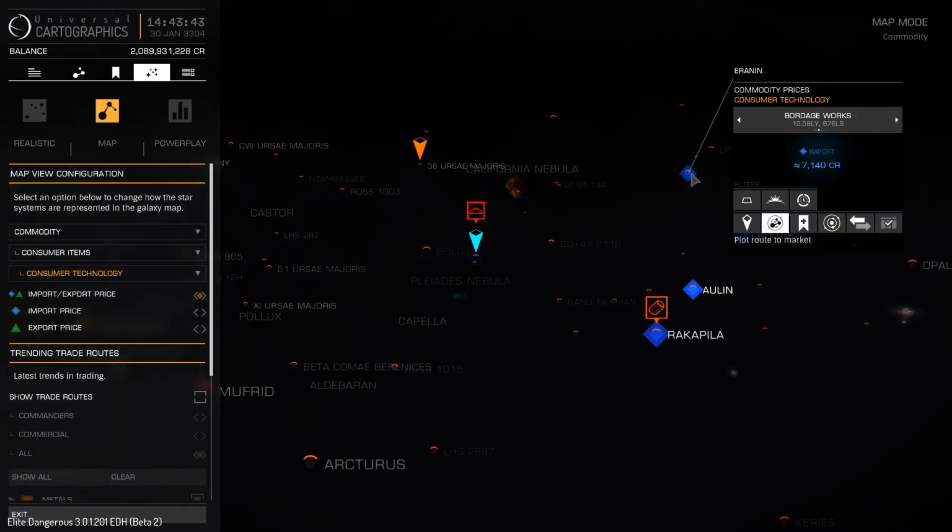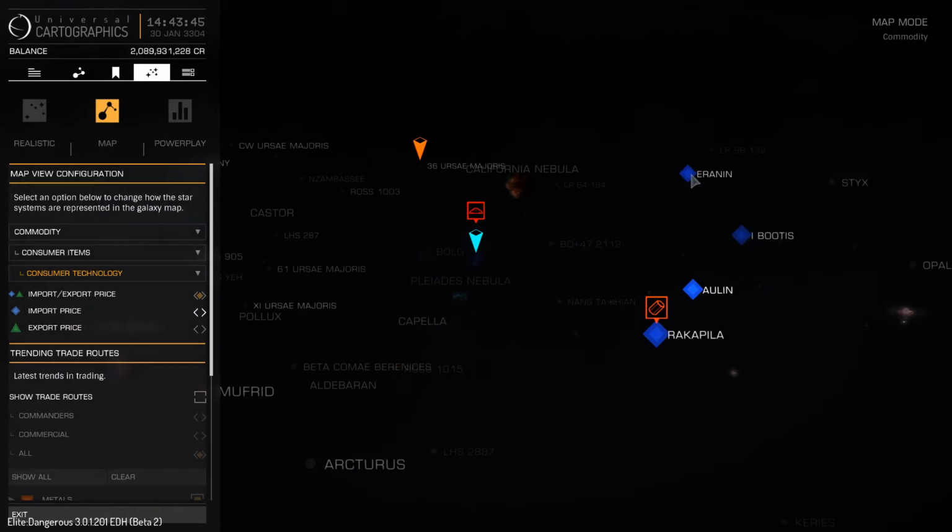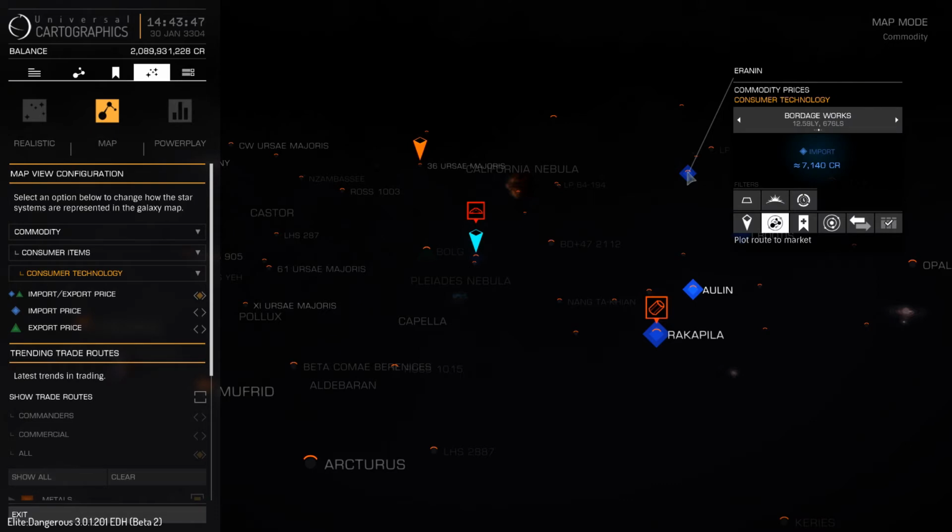According to this, there are places that the blue means that they import it, means they buy it. Even though it says import-export price, and that's confusing. I mean, are you importing it from there? Are you exporting it to there? It probably would be better if it said buys and sells, but I've looked at it enough now. I know that when it says import, it means it buys the stuff, and when it says export, it means